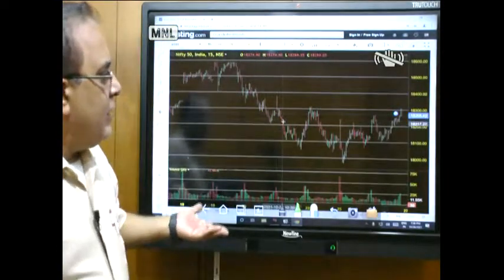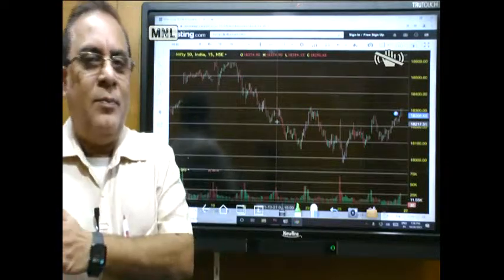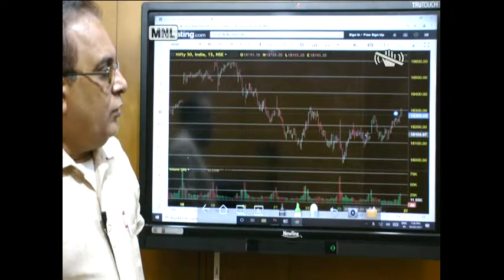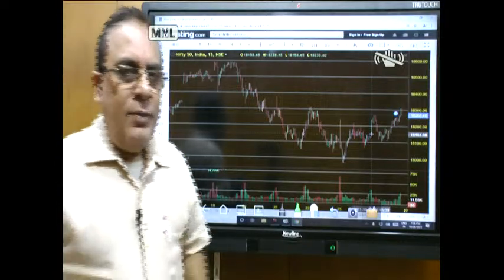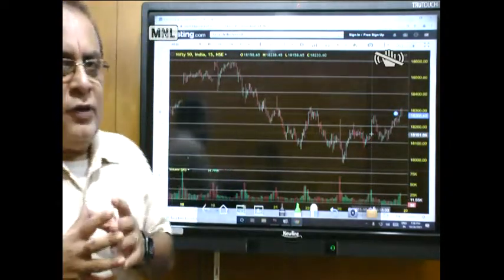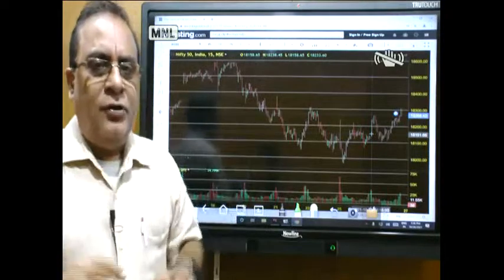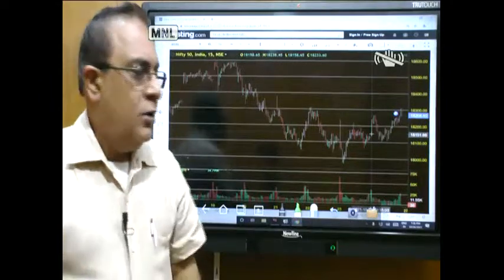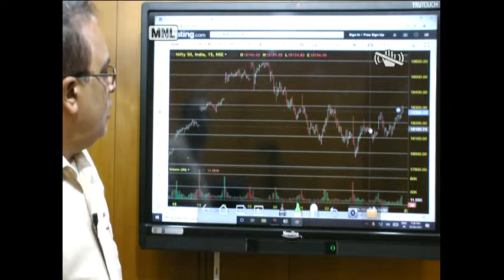So on a day like this, you might not have got the trade. That's the beauty, or the unfortunate part, of trading. But on this particular day, if you look at it, you got some pullback. Here also on this particular day, you could have got a pullback and you would have put this low as a stop loss, and maybe with a small loss you might have got out of this. So it is up to us to decide whether you want to go for the continuation and take a higher stop loss, or wait for some drop or a climb before we go for the short or long positions. So this is the open is equal to high pattern that we just saw.